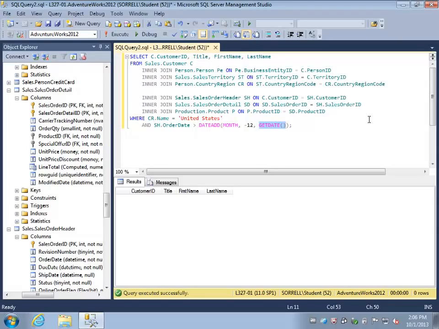So I'm going to change this function where I subtract 12 months from today and instead subtract 12 months from October 1st, 2006, just to make sure that I have some results. To compensate for this and to make sure that I'm only returning results within the previous 12 months from October 2006, I'm going to put a second clause that requires my order date to be less than October 1st of